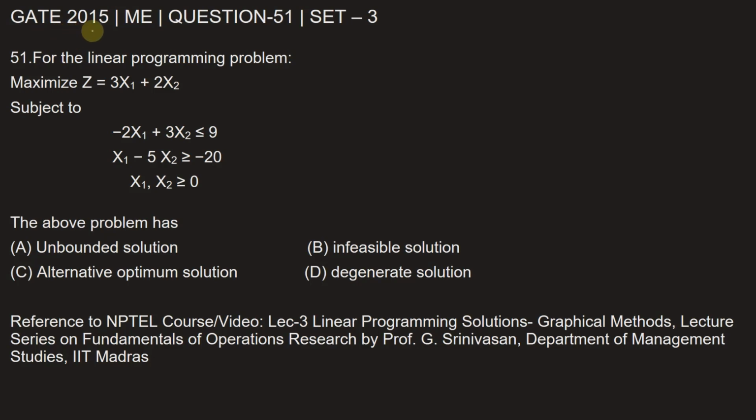This question is from GATE Mechanical Engineering of 2015. This is question number 51 of set 3. The question is, for the linear programming problem, maximize z is equal to 3x1 plus 2x2 subjected to, so these